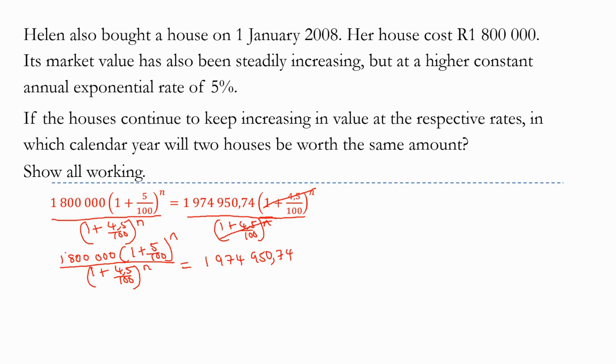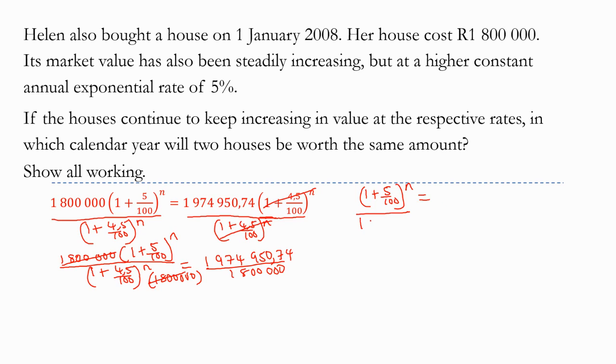And then still we have this 1,800,000. You can divide both sides by it. Let me just do that here. So we're going to divide here by the 1,800,000. And then also here divide by the 1,800,000. Like I said, you can skip some of the steps here. And then we're left with 1 plus 5% to the power n